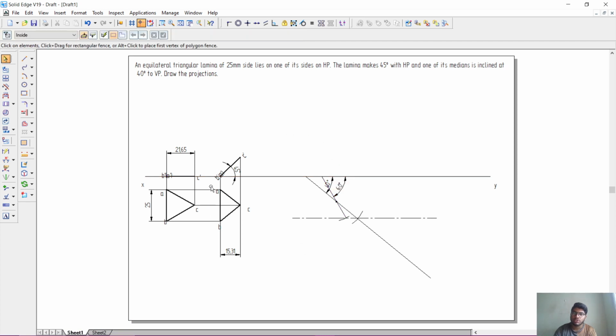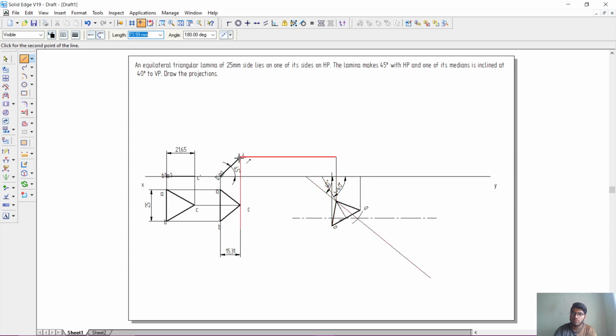Next, go to the select option, select this entire triangle, go to the move option, select the C point and project this C point on this point and go to the rotate option and select this C point and this median and rotate this triangle, and go to line and select 0.13 mm width and project these corners towards upward. Go to the trim option, trim unwanted lines